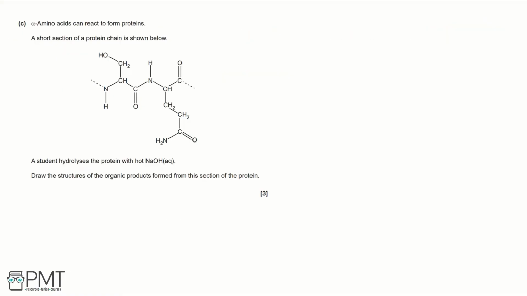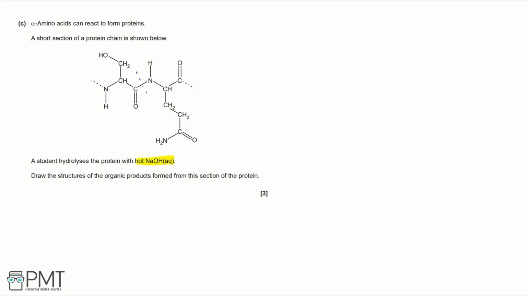Part C. Alpha amino acids can react to form proteins. A short section of a protein chain is shown below. A student hydrolyzes the protein with hot NaOH, aqueous. Draw the structures of the organic products formed from this section of the protein. So what's happening is we're going to break this amide bond when we react with hot base or hot NaOH